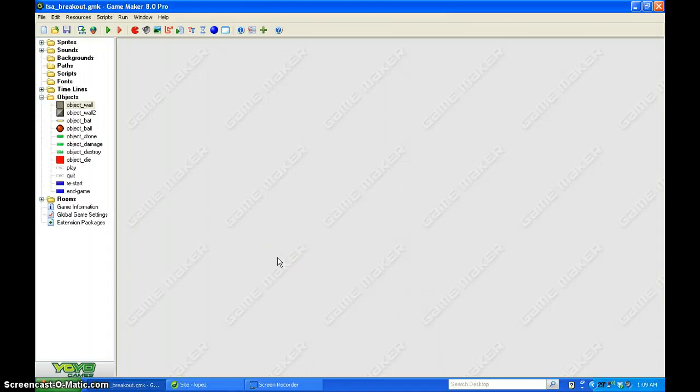Welcome back to Video Game Design, and in this tutorial we are going to put actions to our objects. I call this object properties. We need to open up our object wall,